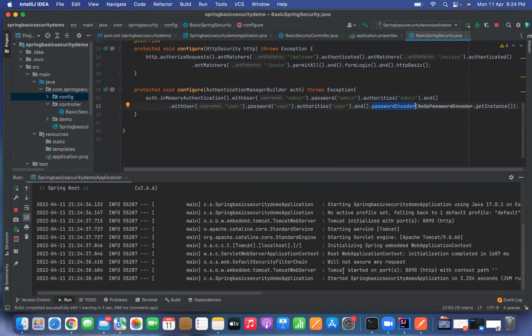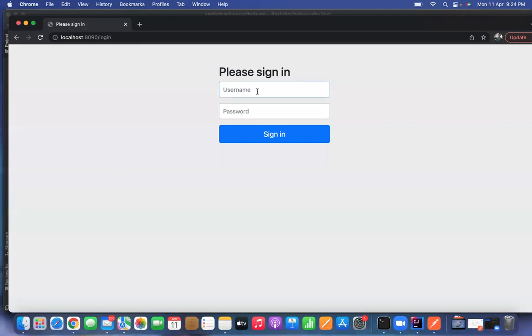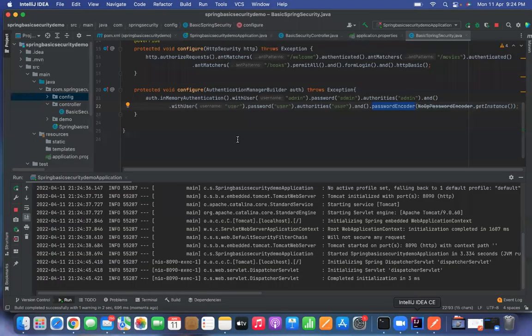Okay, so my application got started. Let me go to the browser and welcome. It is asking username and password, right? So I can enter admin, my password is 1234. It is showing bad credentials because if you go back to the IDE, see, you